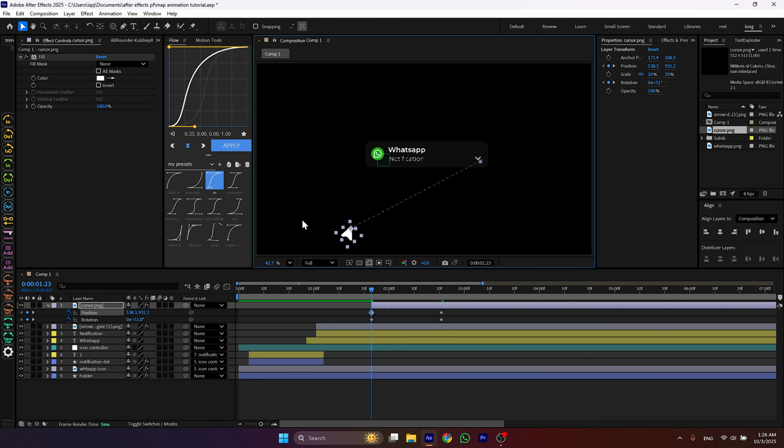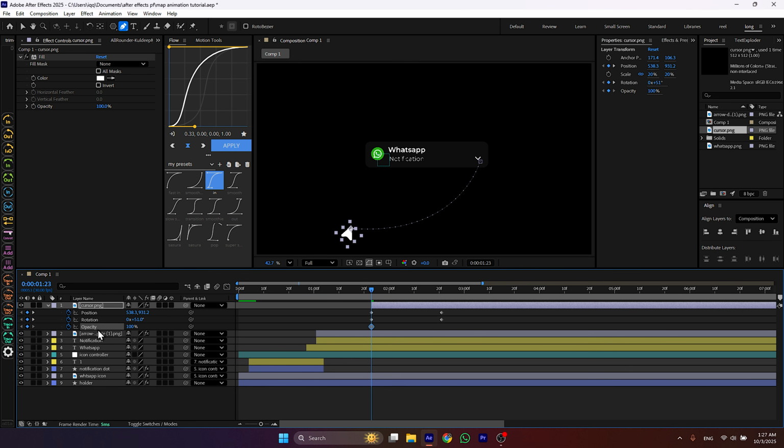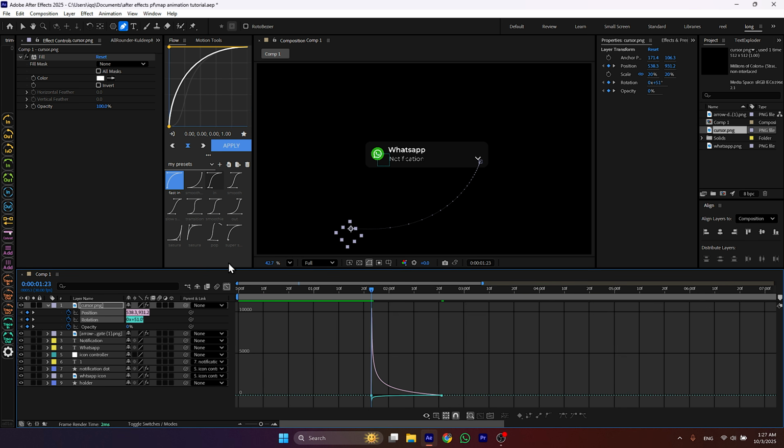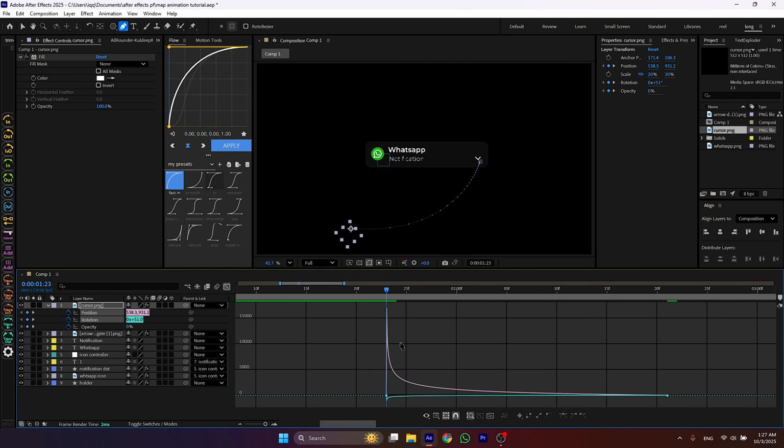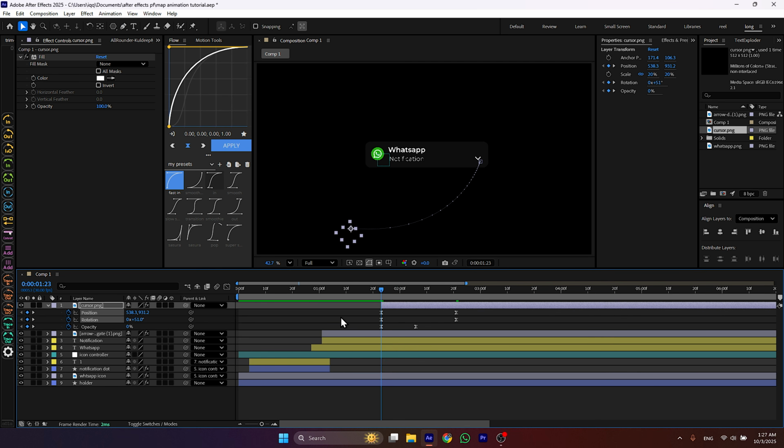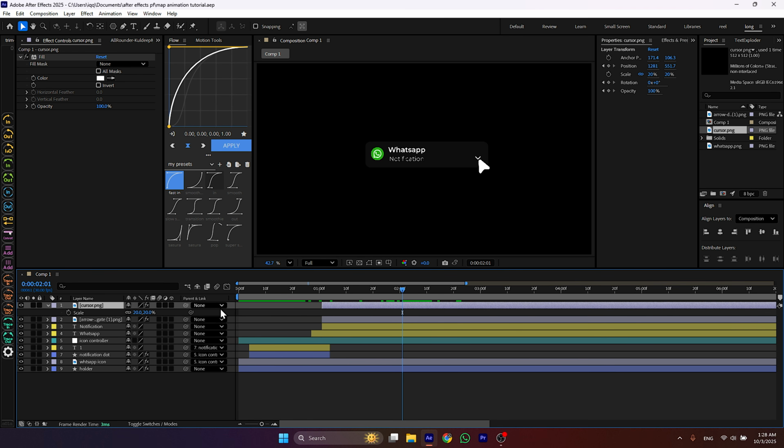To make the path curve, select the pen tool and alt click the corner so you will get this, and then move it to curve the path. Then, to make the click animation, animate the scale of our cursor.